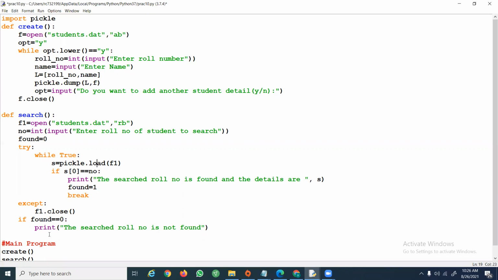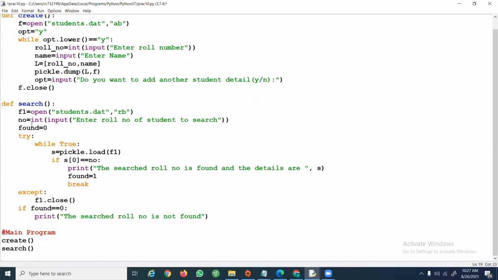Only at that time will the found value remain 0, which means the searched roll number is not found. Okay, so this is a search function. These two are user defined functions, and to have these statements executed, you have to call these functions in the main program.